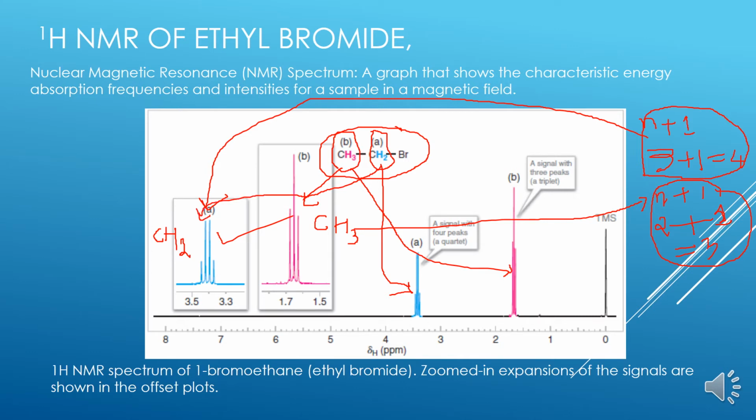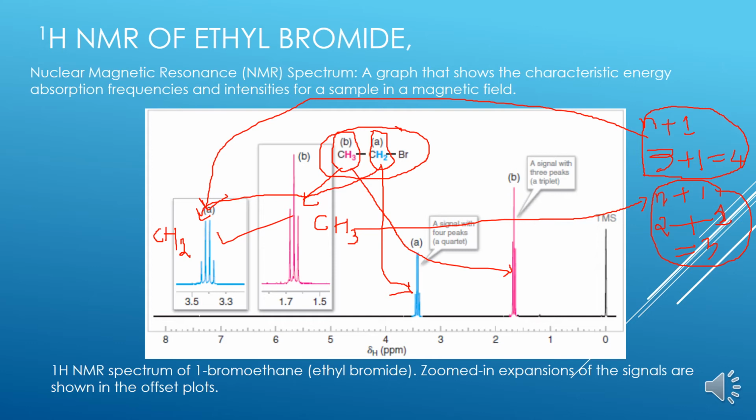So methyl protons are again mentioned in pink color. This other CH2 protons are labeled with navy blue. There will be two types of protons, methylene protons and methyl protons. Methylene protons are split into a quartet. Methyl protons are split into a triplet.